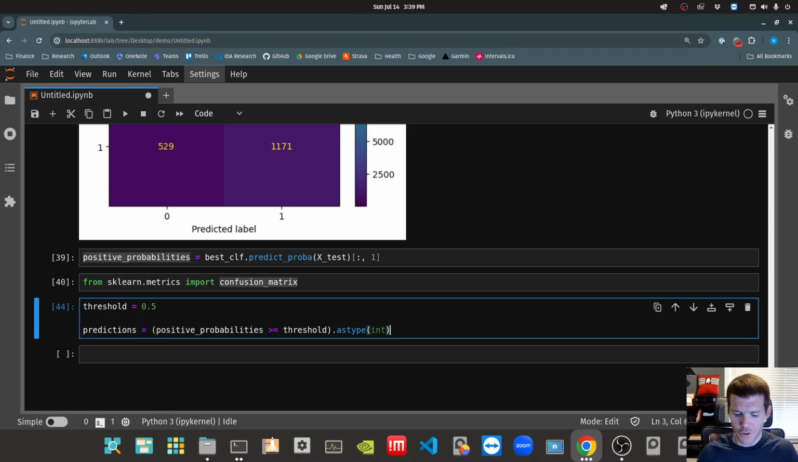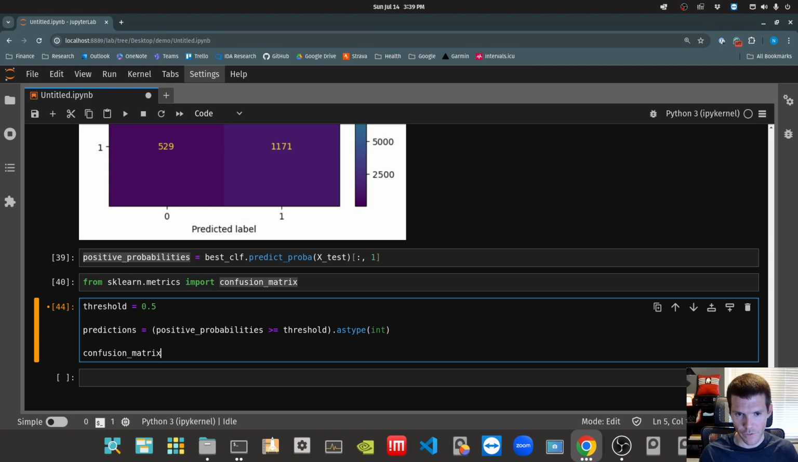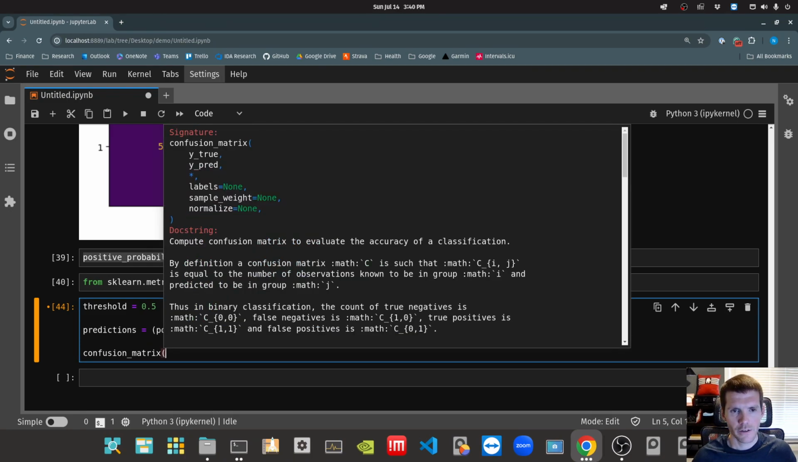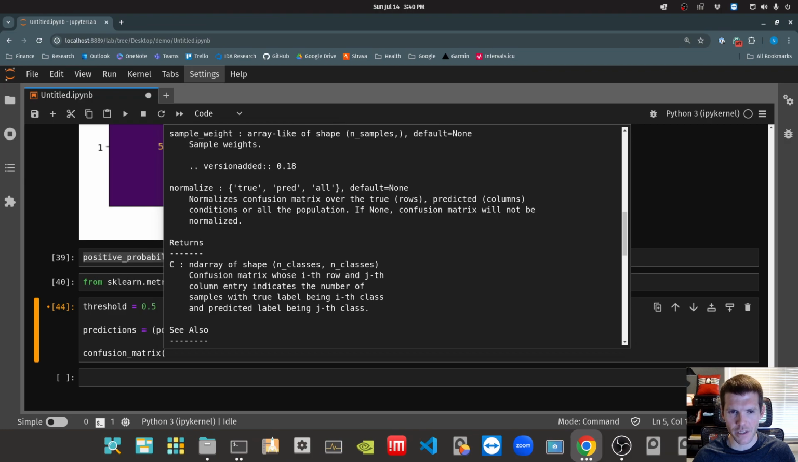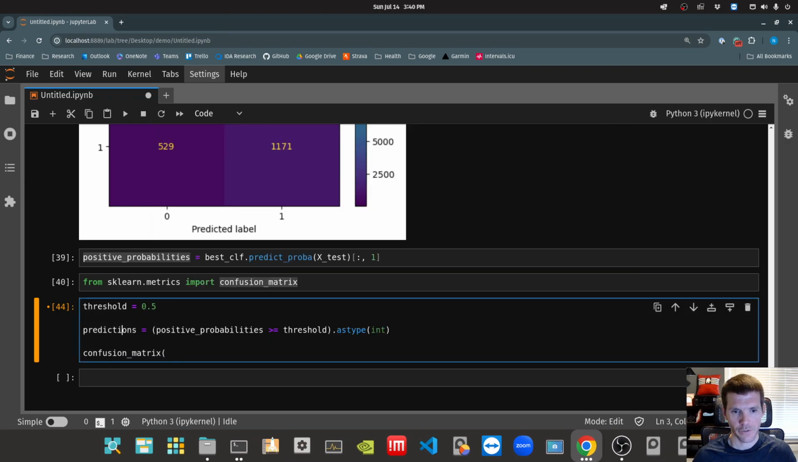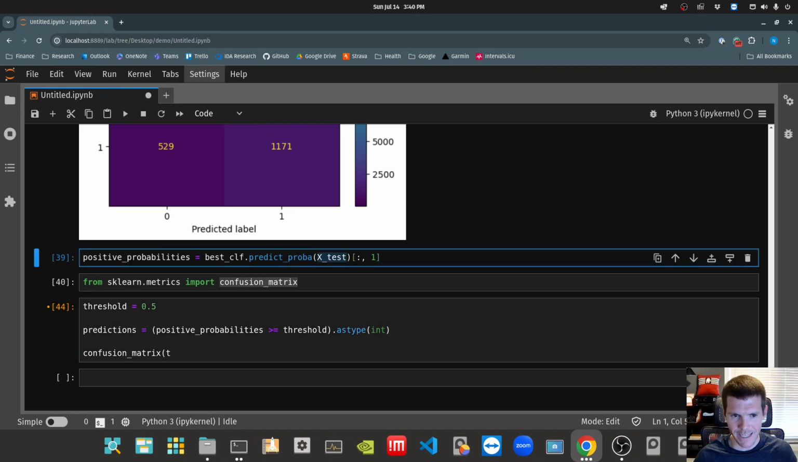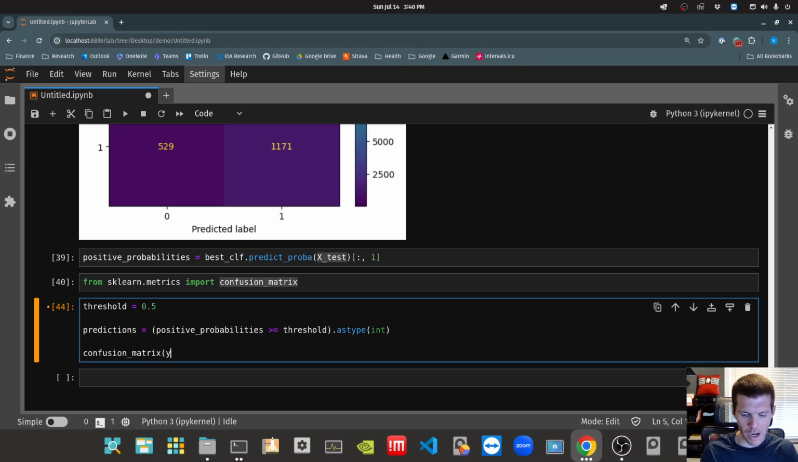And this confusion matrix function that we just brought in, you give it some true values, and then you give it some predictions, and it will report basically the same things that would go into a confusion matrix, just as an array. So for example, this is based off of my test data, X test. So if I give it y_test, that's my known values, and I give it my predictions,